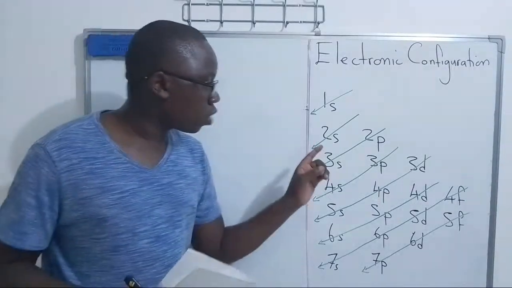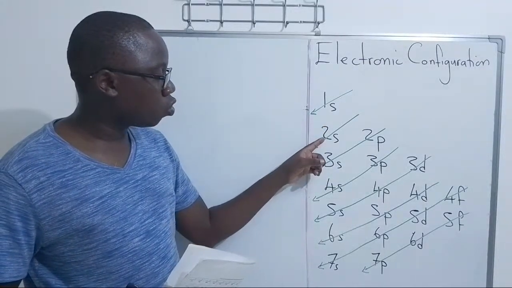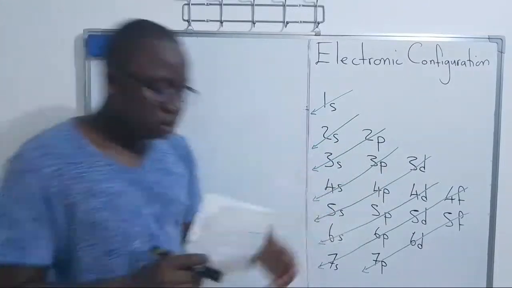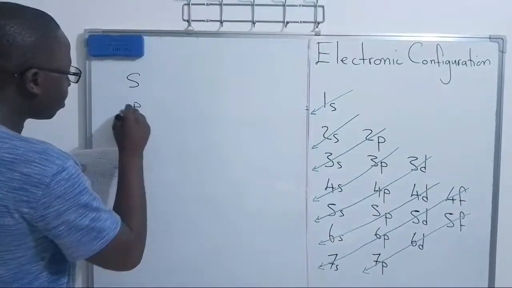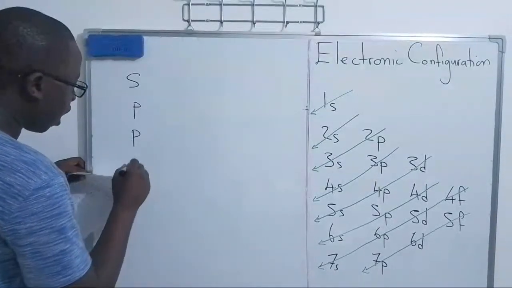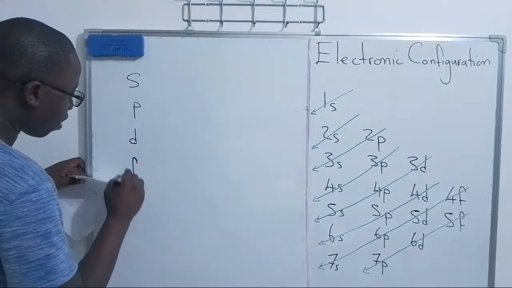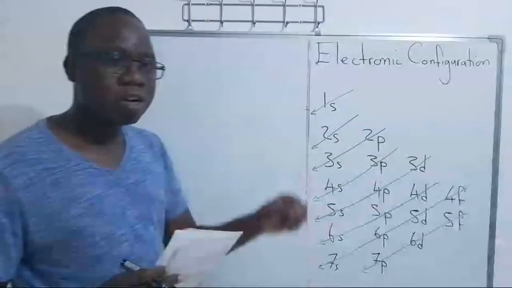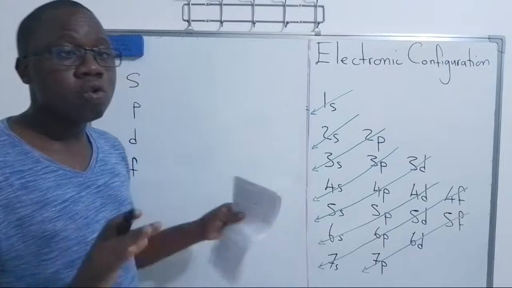Now, when you look at this, you can see that we have 1s, 2s, 2p, and so on. So the s, the p, the d, and the f represent the orbitals in which electrons can fall. Now, when it comes to writing the electronic configuration, the first thing you would want to do